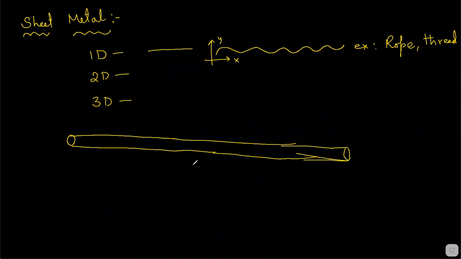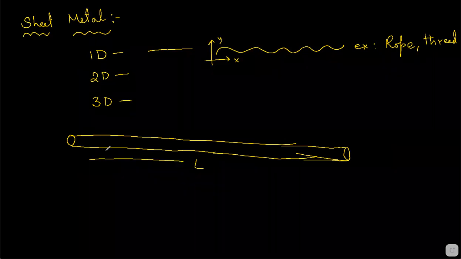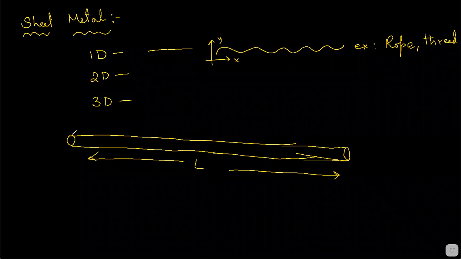Whenever it is one dimension, which is the length, that one dimension is greater than the other two dimensions. What are the other two dimensions? See, this area is the other two dimensions. Area always is two dimensions, right? Someone has put something on chat. One second. Okay, charging wire. Very good. Charging wire and all. Fine. So one dimension is greater than the other two dimensions. If you compare this area, we call this the cross-sectional area. You can see the other dimension right here. This one. This is actually two dimensions. Area is always two dimensions.